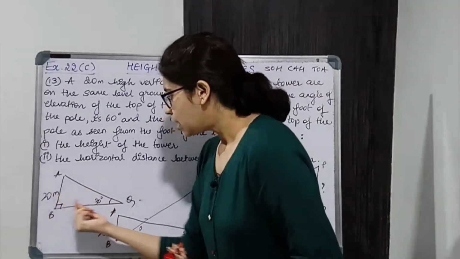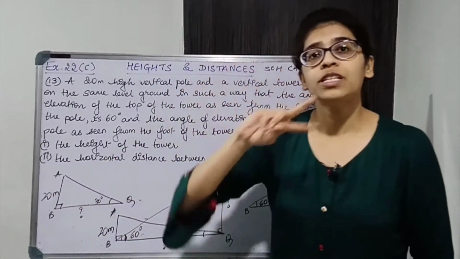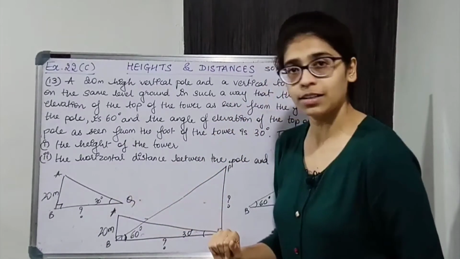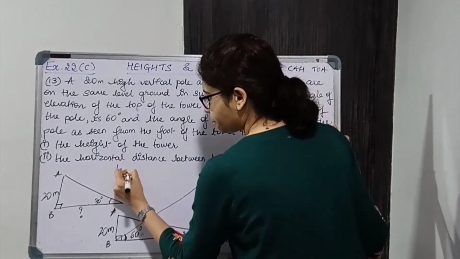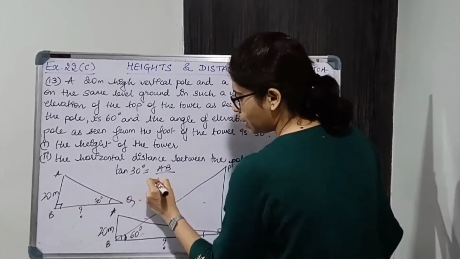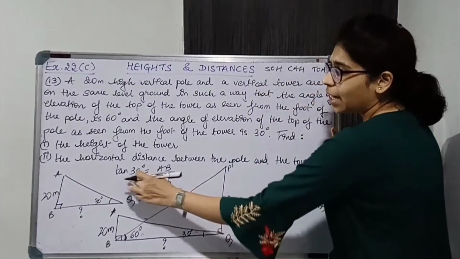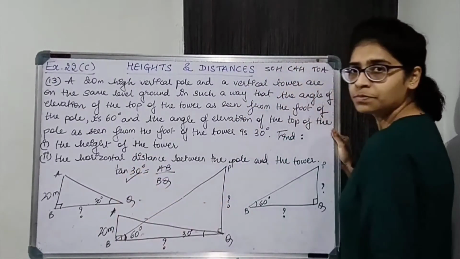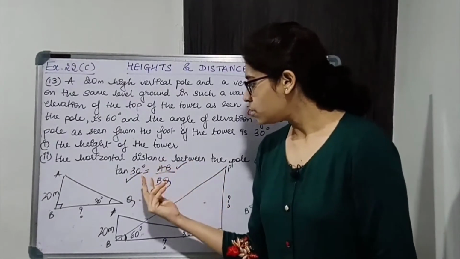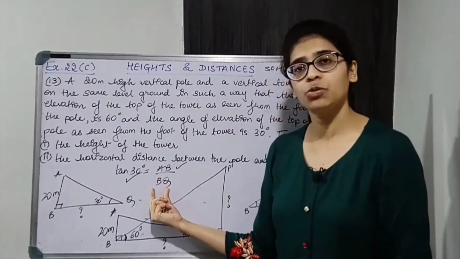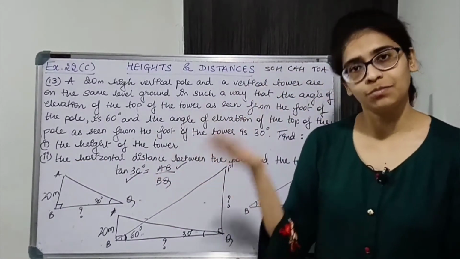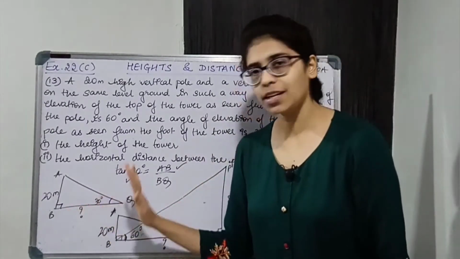The opposite side of the angle is known, the adjacent side of the angle has to be found. The relation between opposite and adjacent you get from TOA, that is tan. So you will take tan of the angle. So tan 30 is equal to opposite, that is AB, upon adjacent, that is BQ. Tan 30 you will get from the standard value table. AB is 20, so just substitute that value. On substituting and solving further, you will get the value of BQ. So the horizontal distance will be found first, so BQ will be found.